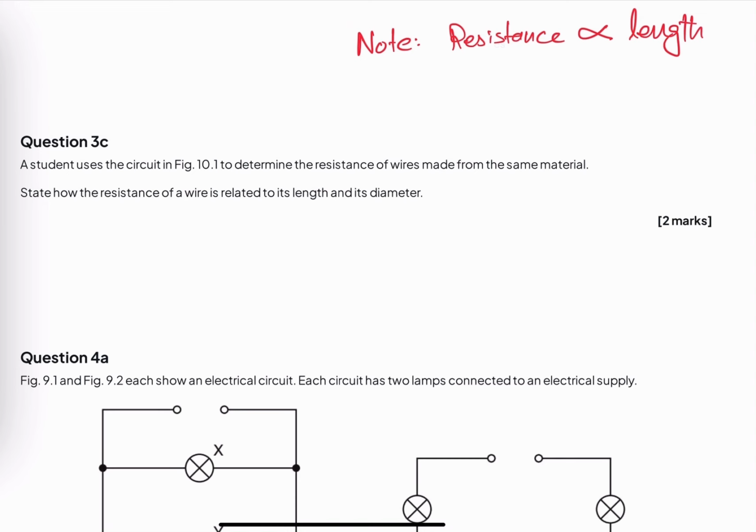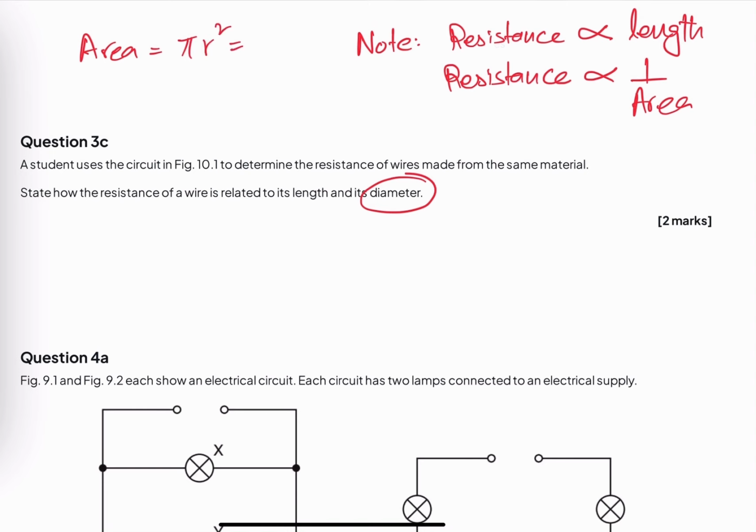If you increase the length, resistance will increase, and resistance is inversely proportional to the area. But in this question they are asking you about the diameter. If we consider the diameter, we know that the area of a circular wire will be pi r square, or we know that r is basically d by 2, so it can be pi d square divided by 4. So we are not going into so much detail. We just can write down for this question that